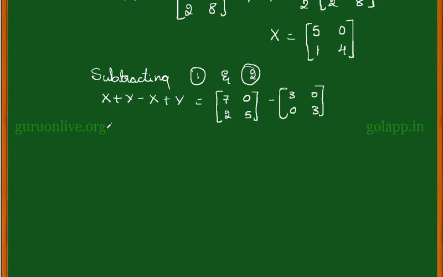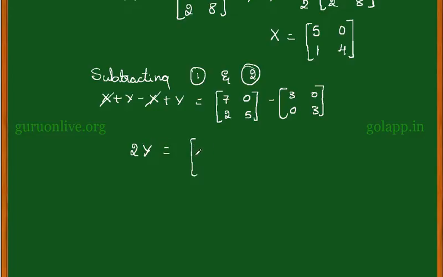In the LHS I have x plus y minus x plus y, that is I have plus x and minus x, which get cancelled. I have plus y, so I get 2y, which is equal to,